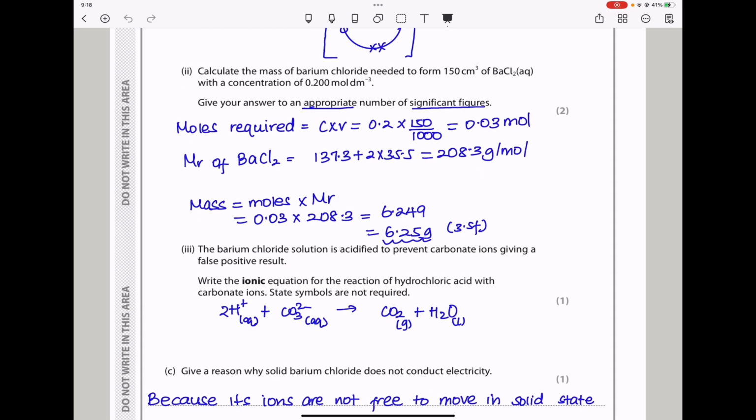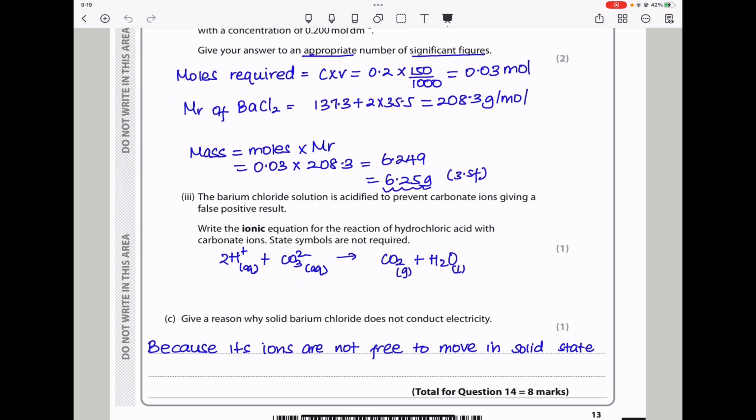Moving down here, they say the barium chloride solution is acidified to prevent carbonate ions giving the false positive result. Write the ionic equation for the reaction of hydrochloric acid with carbonate ions. State symbols are not required. So since this is hydrochloric acid donating H+, H+ is going to be reacting with a carbonate to produce carbon dioxide and water. So the rest was just balancing. Since we have 2 hydrogens, I put a 2 here. And again, in this case, state symbols were not required, so if you had not put them, you would still